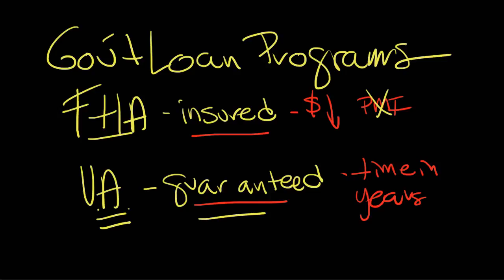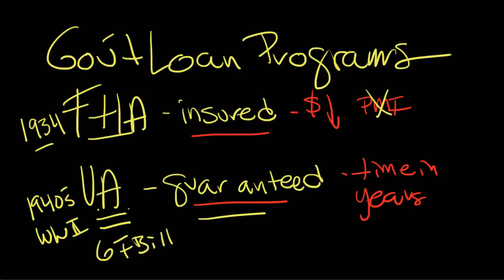So keep in mind that the FHA insures the loan and the VA guarantees. That's going to be very, very important. The FHA loan started off as a Depression era program from 1934, and I imagine the VA loan started somewhere in the 1940s, probably as a result of the Second World War or the GI Bill. I imagine it's a derivative of those. So very important programs. And now that we've talked about all the different types of mortgages out there,